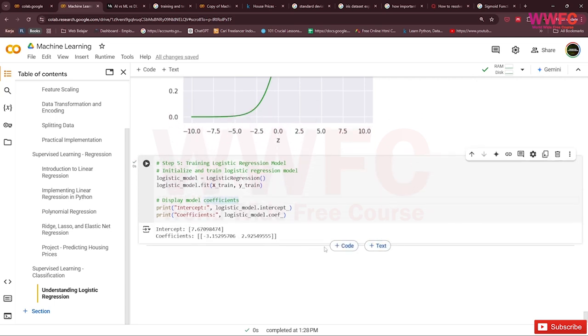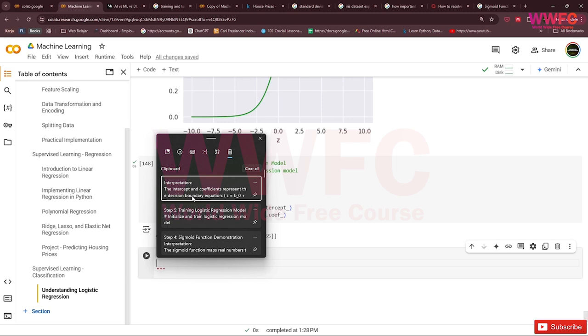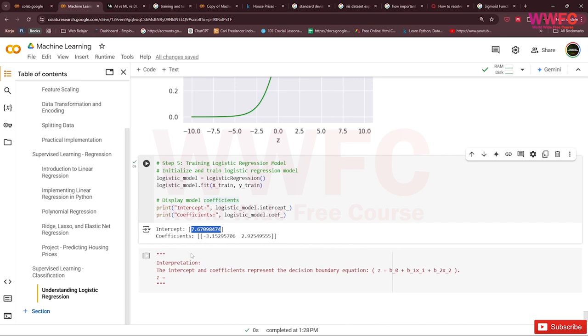So for the logistic regression, the intercept and coefficients represent the decision boundary equation, like z equals b0, the intercept, like this.